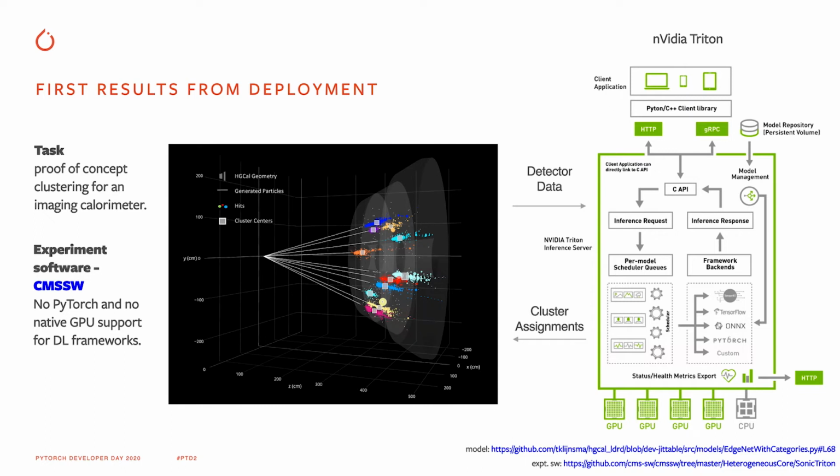Now, instead of having to write a reconstruction algorithm by hand, we can train a graph neural network, compile it down into JIT code, deploy it on NVIDIA Triton, pass off our data into an inference as a service engine, and then bring back all the cluster assignments as executed on GPU, and then go on about our business of doing physics with the outputs.